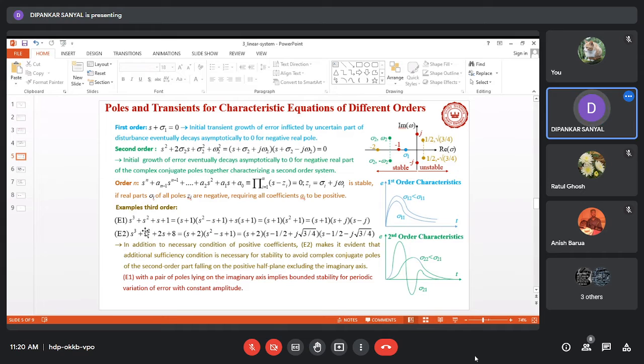And so here also we arrive at a situation that shows that apart from positivity, we require some additional constraints to be